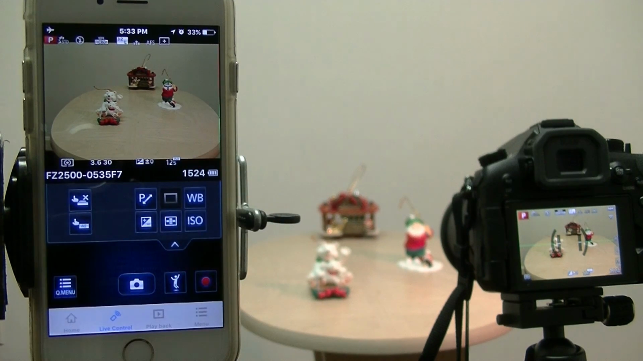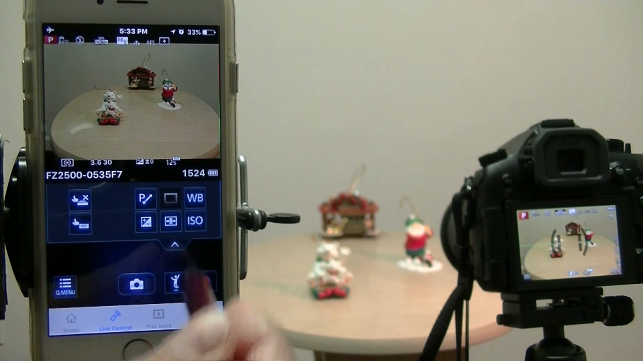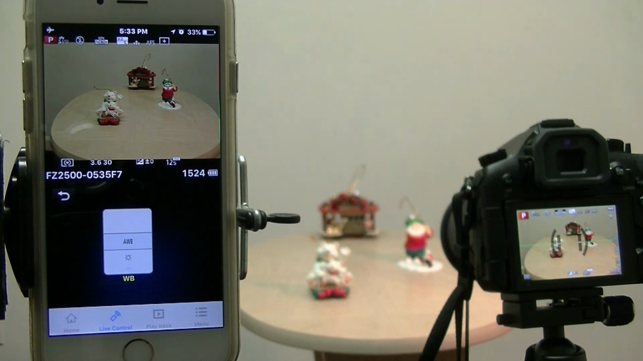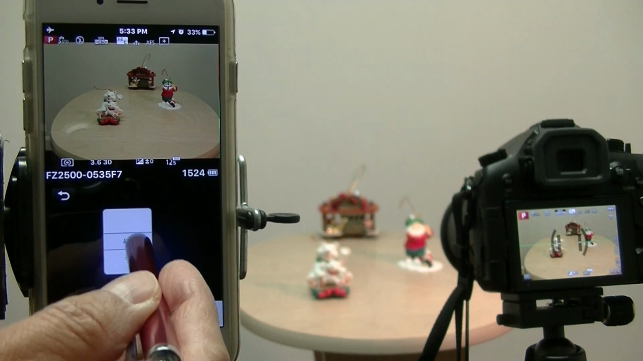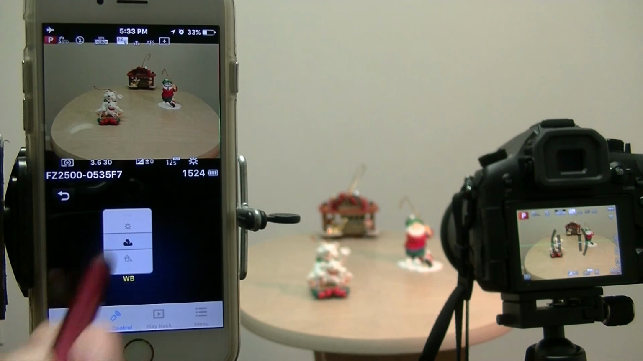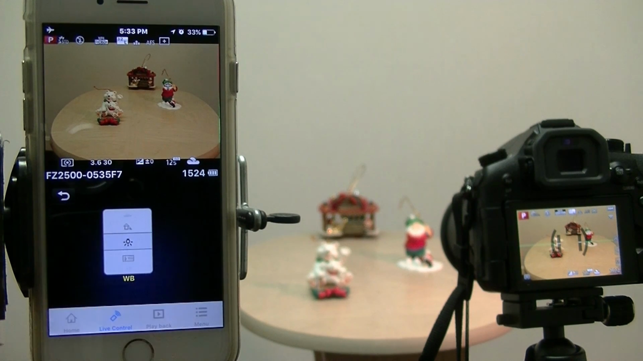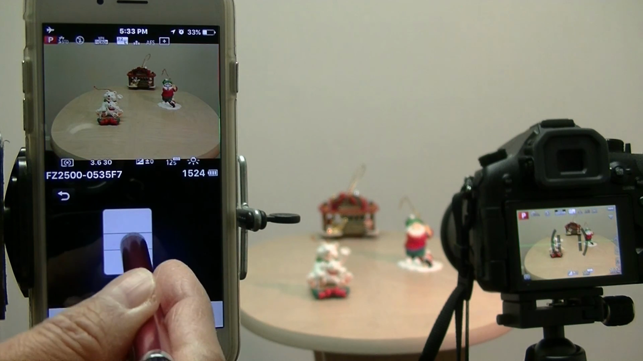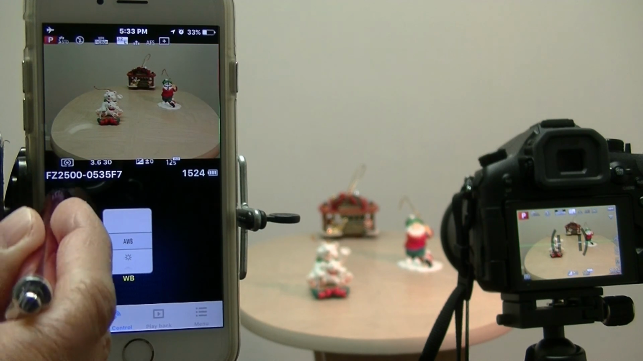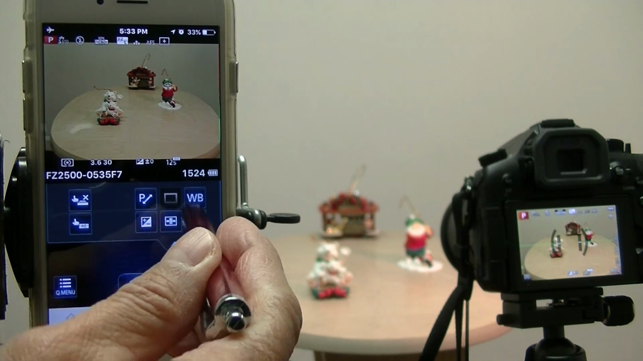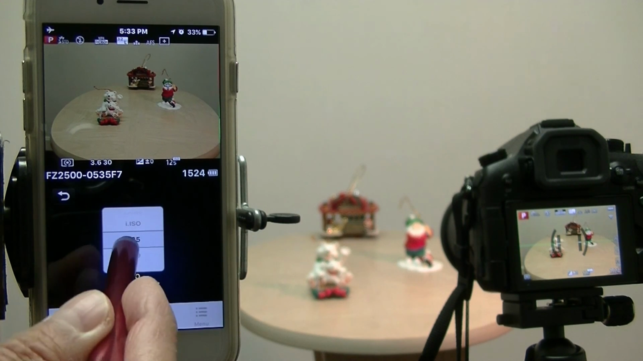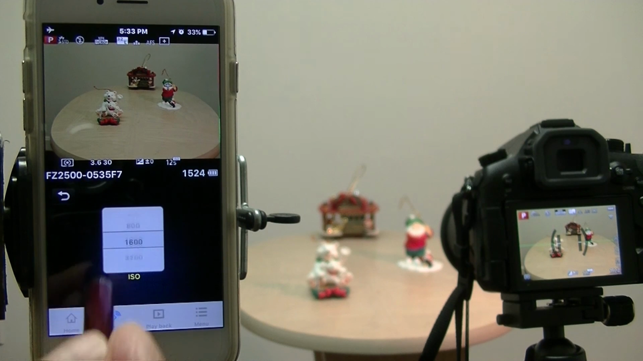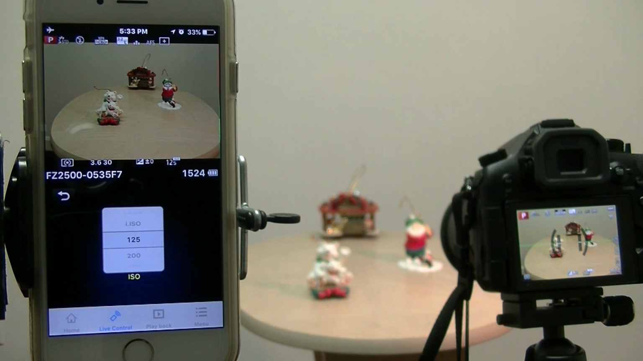For the control menu, now we have more buttons available. We can select white balance, and the different ones: the sun, the cloud, the shade, and indoor. I'll leave it automatic. And ISO, you can select ISO. Now I'll leave it 125,